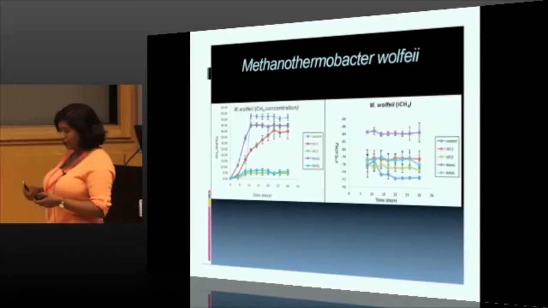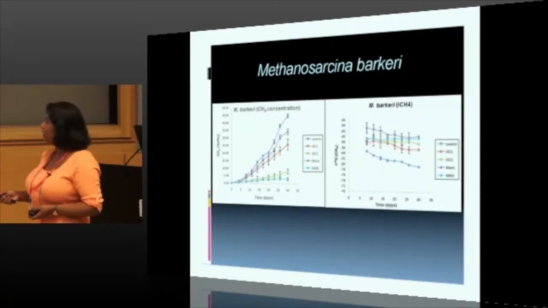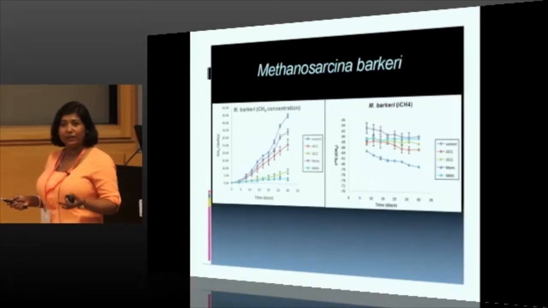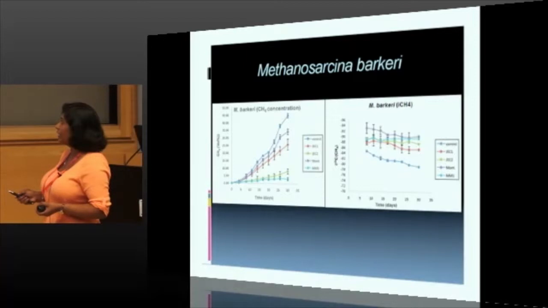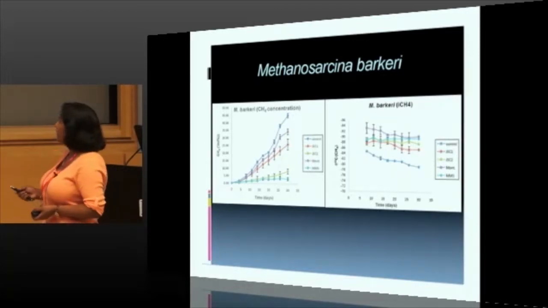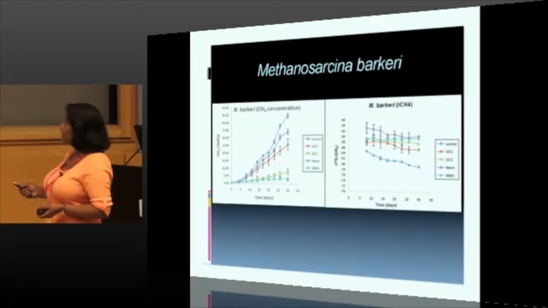And a similar trend we found in Barkeri. They showed a higher concentration of methane when they were in media and montmorillonite and JSC Mars 1, but a small concentration of methane when they were on JSC Mars 2 and Mojave Mars simulant. And in the carbon isotope data, you can see again that they showed more depleted carbon-13 when they were grown on montmorillonite compared to the other 3 Mars analog and control.